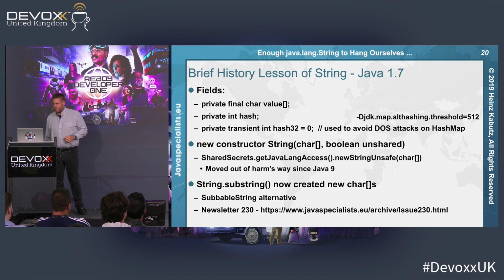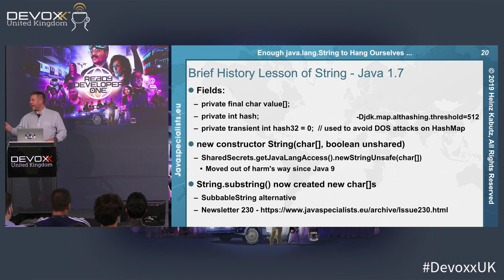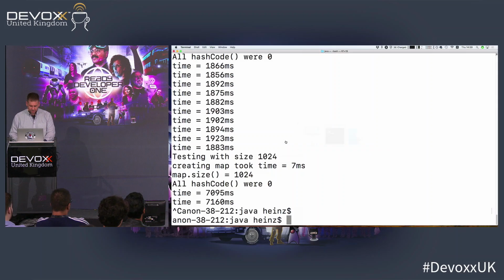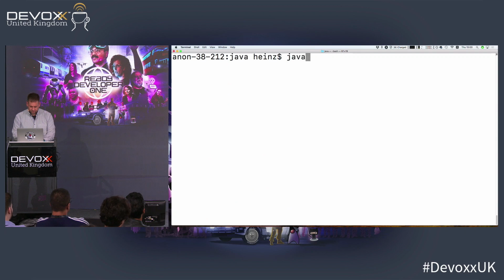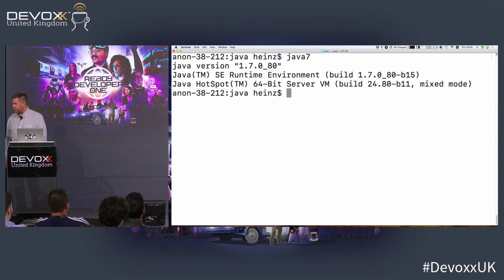Now, when I saw that, I was really excited because I thought, now we no longer have this problem with the string DOS. And for years, I was telling people that this was now solved in Java 7. But there's one thing I didn't do. I didn't actually try it out